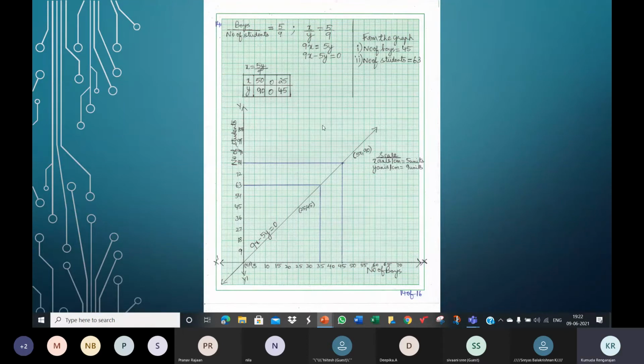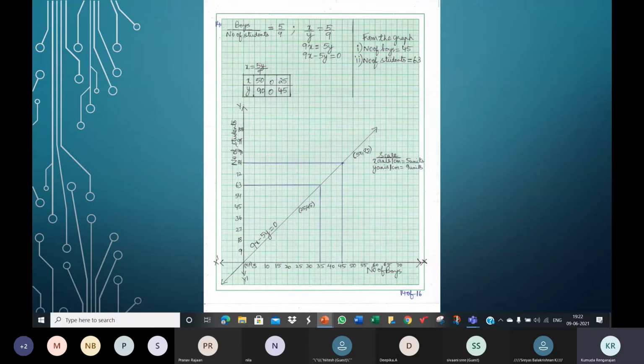So the scale has to be decided depending on the x values and y values you have. If you just have to make the graph, if you don't have to answer anything from the graph, then you just have to see the values you have in the table and decide the scale accordingly. If you have to also answer some questions from the graph, please answer the questions algebraically. See those values of x and y, combine all the x values you have in the table and in your answer, all the y values you have, and decide a convenient scale.